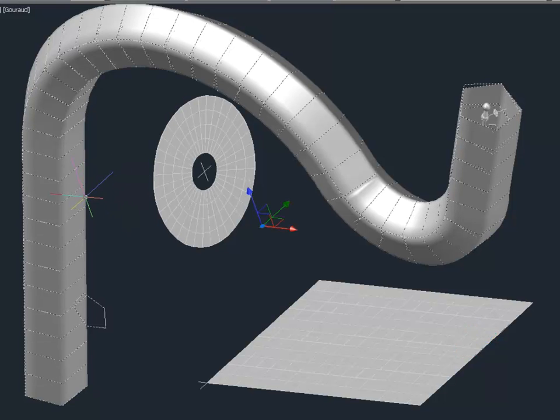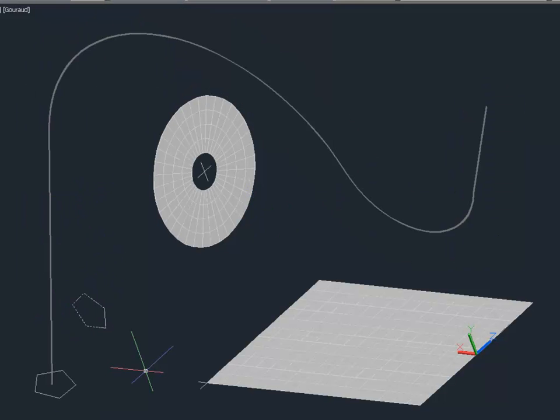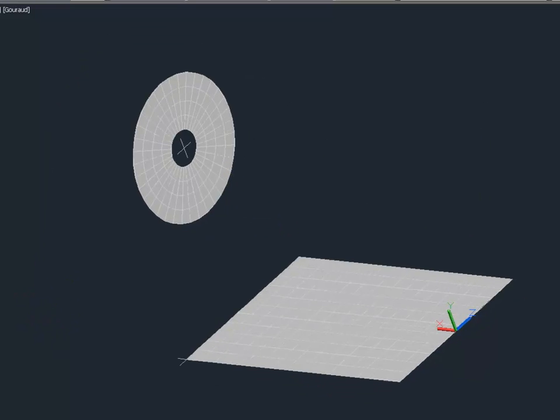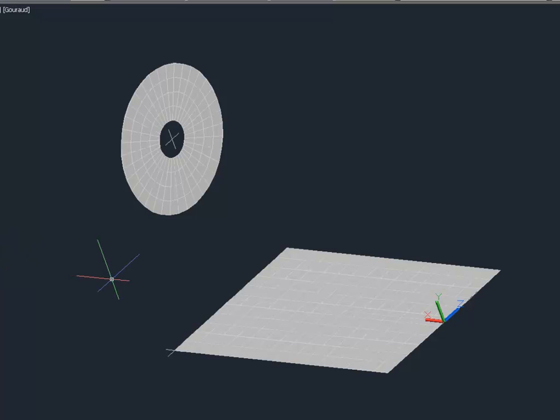But that's actually not the heat pipe I wanted to build, so I'm going to go ahead and just delete that. You'll see the original cross-section here, and you'll see the copy of that FloCAD put at the end of the line in order to be able to extrude it along. And you can control twists and warps and how that's extruded through too. But what I want to do right now is demonstrate the heat pipe option, so I'm going to come back through